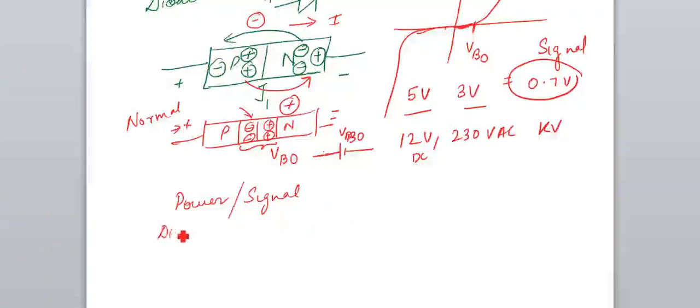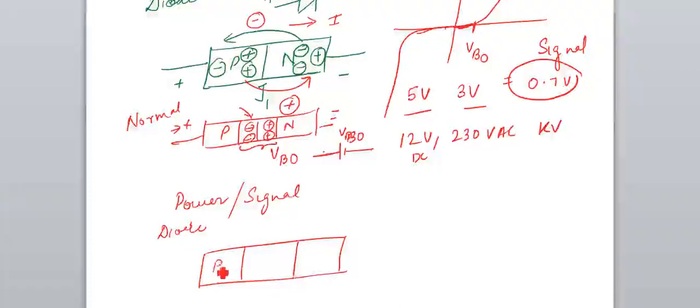For a power diode, the constructional feature is different. There we inject one more layer, that is the n minus layer. So this is our diode, the actual diode, used in power diode conditions. In a power diode we have three layers: one is P, another is N minus, and the N layer.